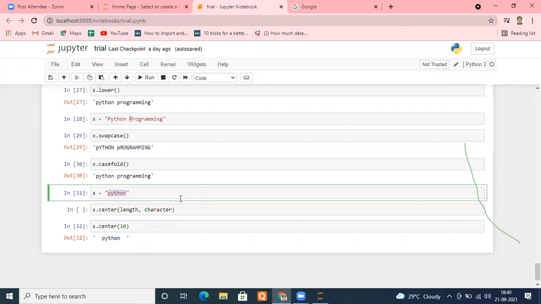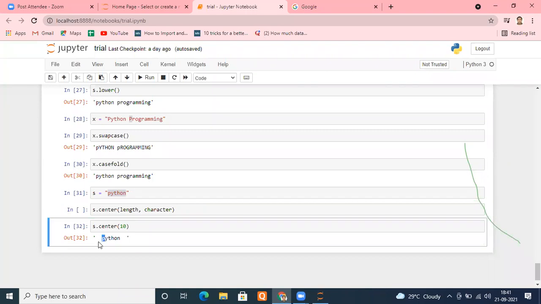For example, if I want to check at what location P is coming. In the center means the number of characters prior to this and the number of characters after this should be equal. That means center. That's why it means center, right? So let me check the length first. Is it 10 characters?